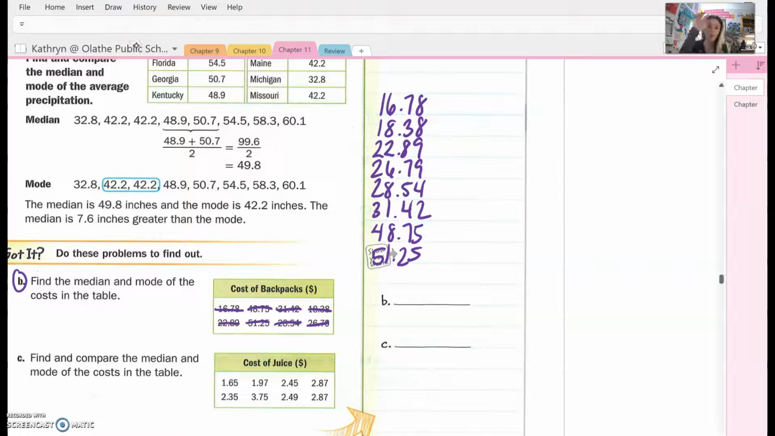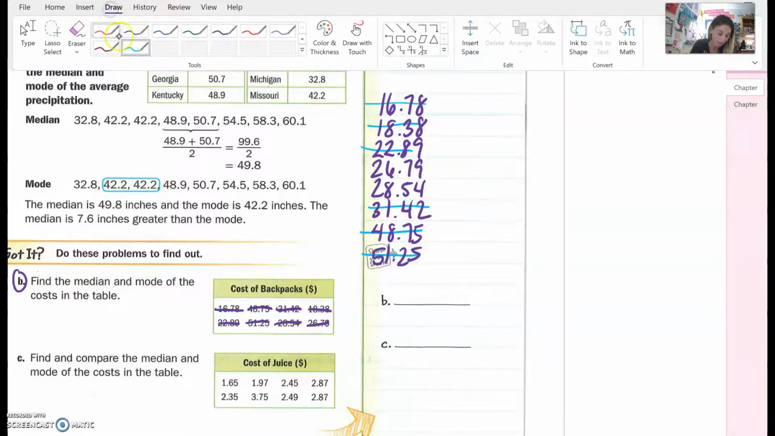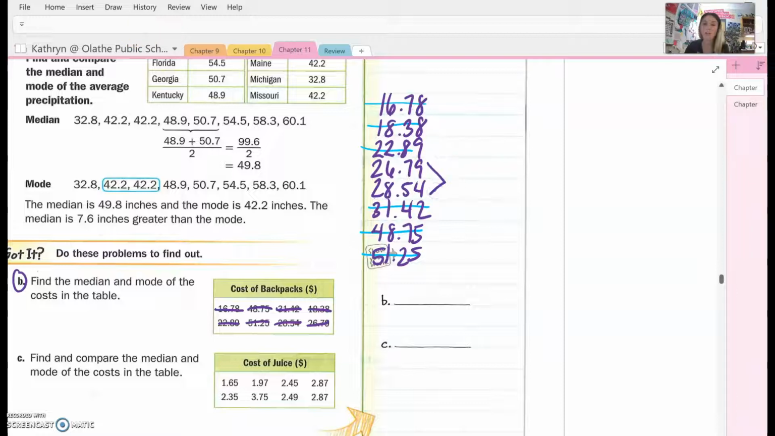Okay, again, same thing here. You're going to go through and you're going to find the median, okay? Find that middle number. So cross, cross, cross, cross. So 1, 1, 2, 2, 3, 3. Okay, now notice I have got 2 right here that are the median. So what do I need to do? I need to add those up. So I'm going to take 26.79 and I'm going to add it with